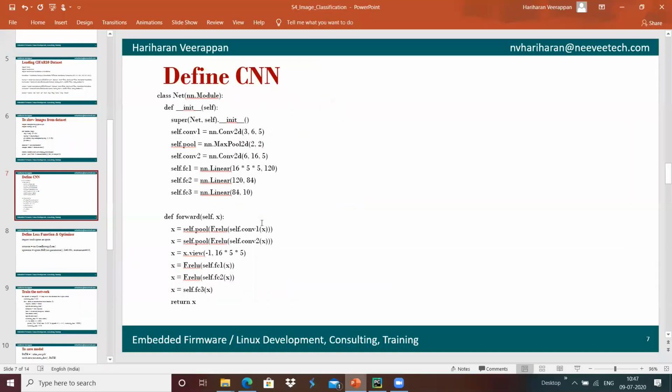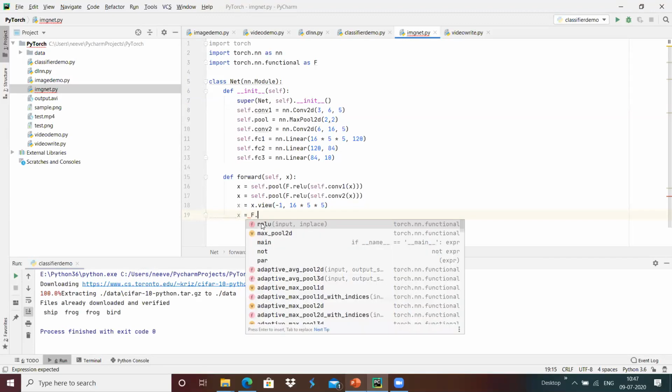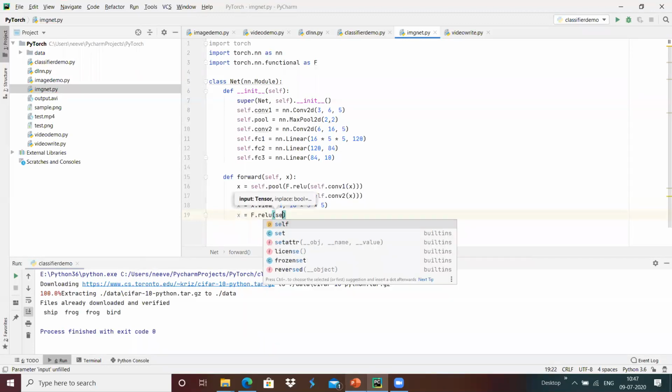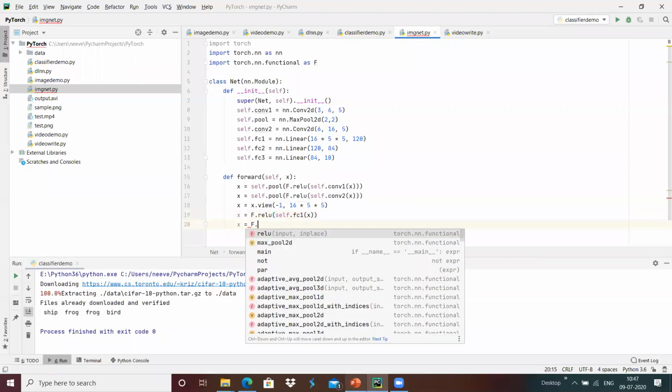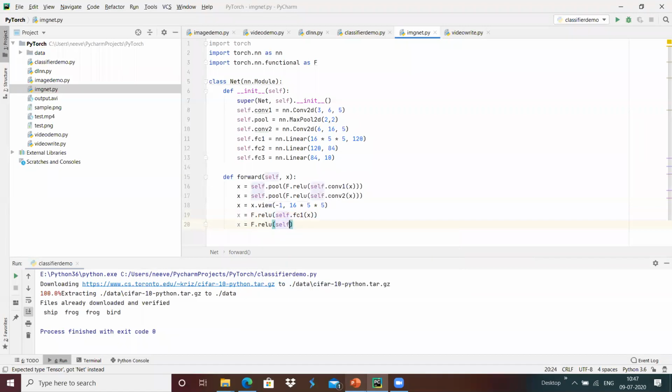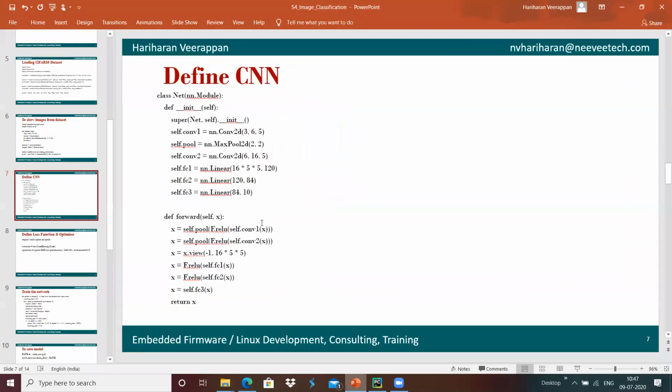Once that is done, we use x equals F.relu of self.fc1 of x, and x equals F.relu of self.fc2 of x. The last one does not need an activation, as it basically provides the output.